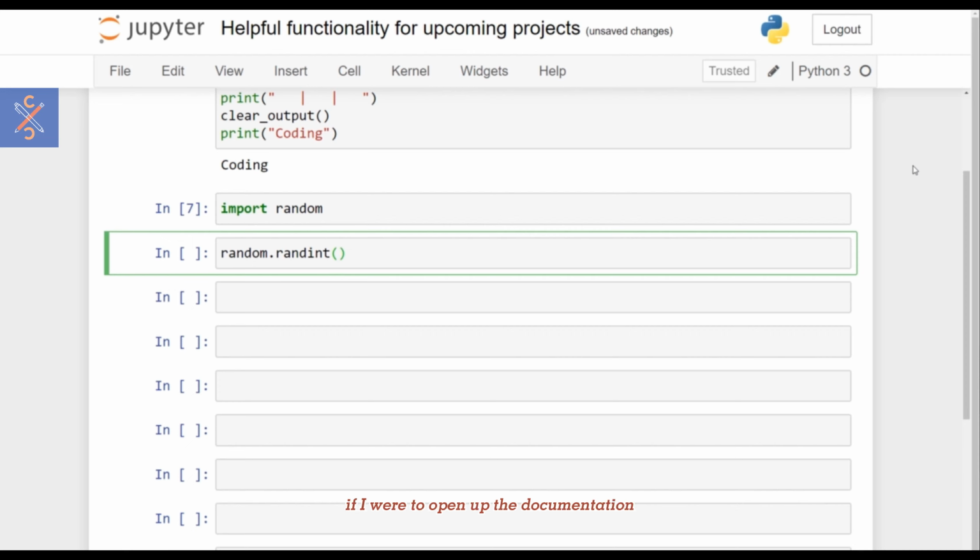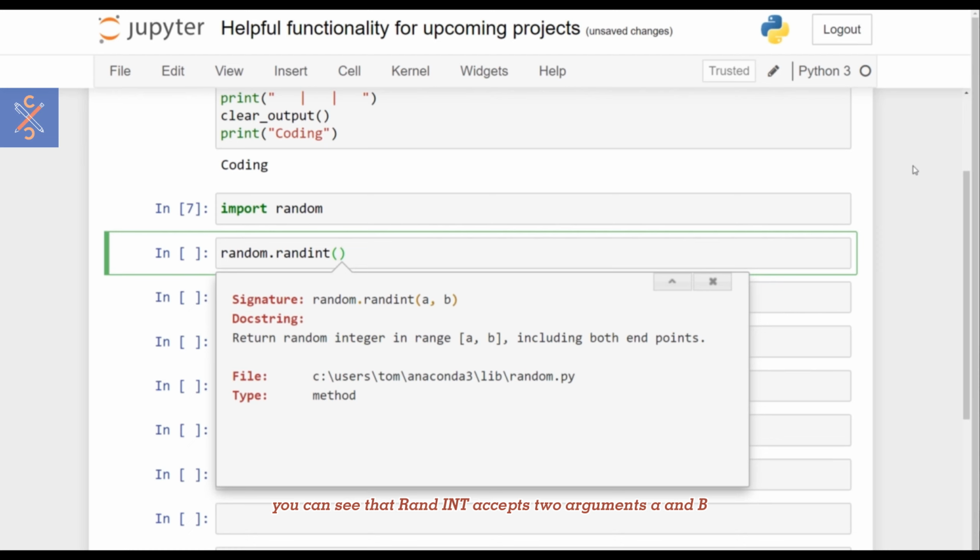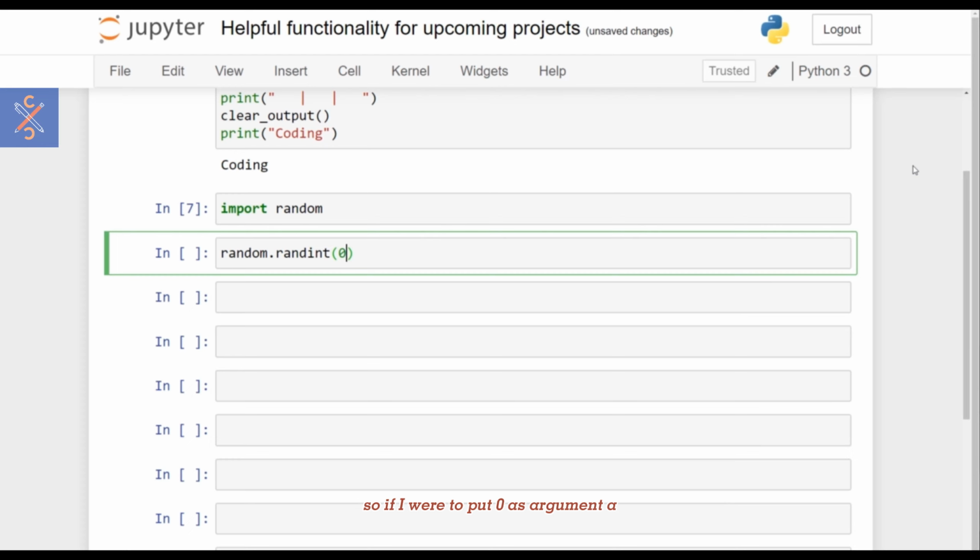We can then open parentheses. Now at this point, if I were to open up the documentation, you can see that randint accepts 2 arguments, a and b. And you can see here in the docstring that this method would then return a random integer in the range a and b, including both endpoints. So if I were to put 0 as argument a, comma, and then 10 as argument b,